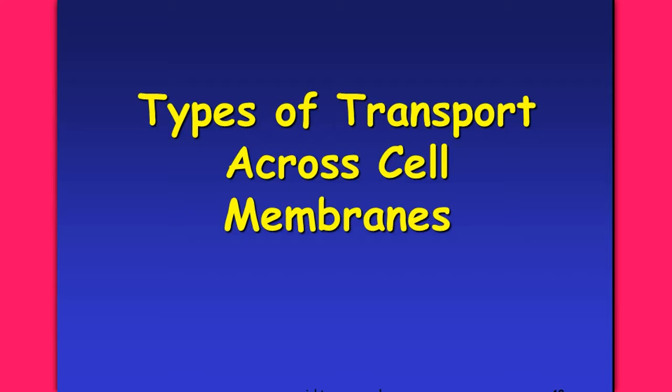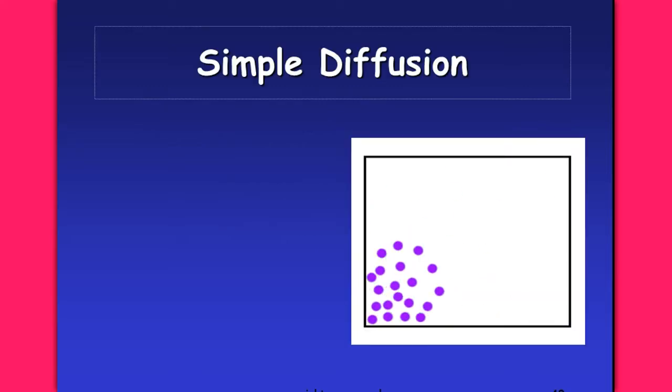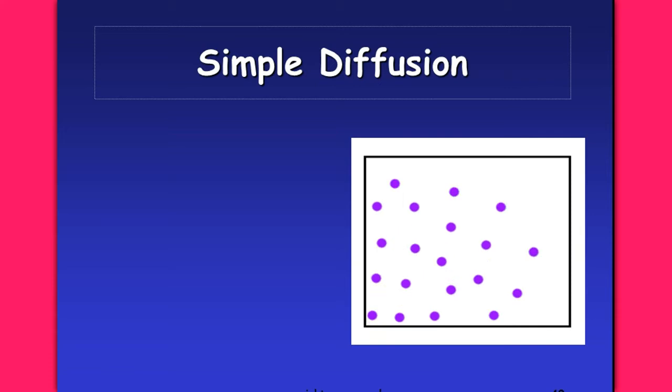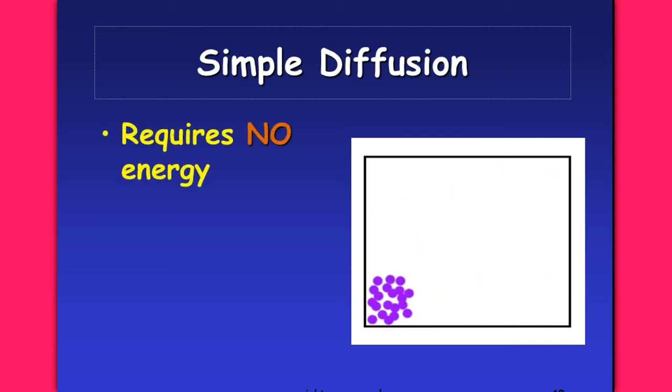So we're going to be looking at the types of transport across cell membranes, and we've learned that the cell membrane controls whether a cell is able to get enough food in, water in, and waste out based upon the size of that cell membrane. So the idea is that simple diffusion is the basic process through which most of this happens, and it requires absolutely no energy by the